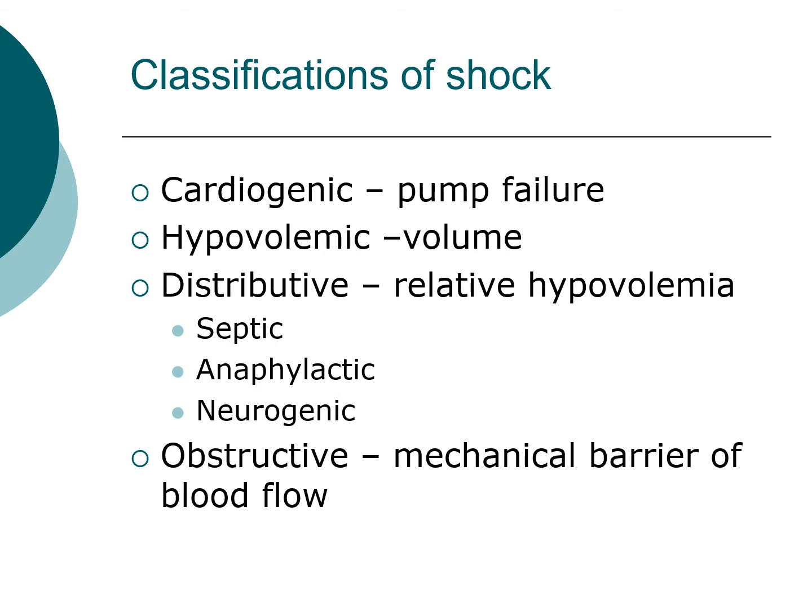So the one thing I want to talk about quickly is distributive, how it says it's a relative hypovolemia. We have definite hypovolemia where fluids are lost, so that could be dehydration or loss of fluids as in bleeding. But when it says relative hypovolemia, that's telling you that your vascular system is